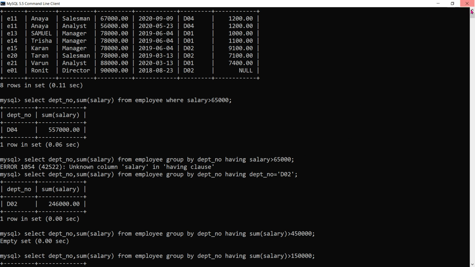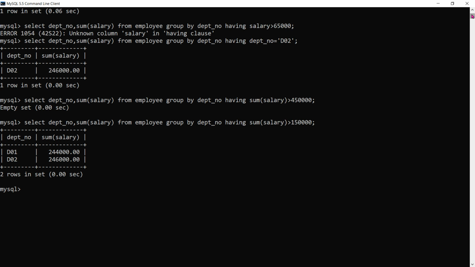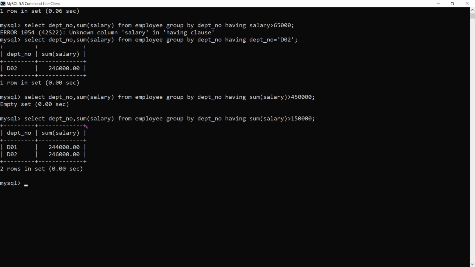Here in the next example, select. In one example, it is showing an empty set. Maybe the data is not found, but in another example, it is giving some output. Having sum of salary greater than 1,50,000.